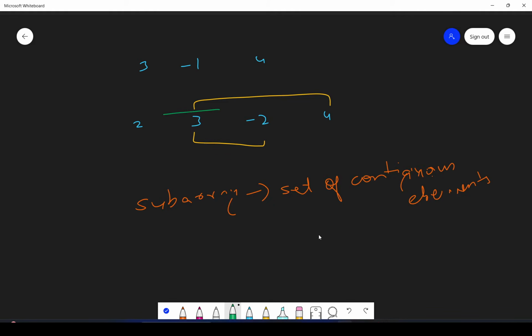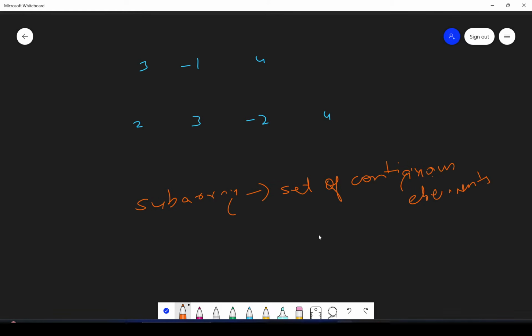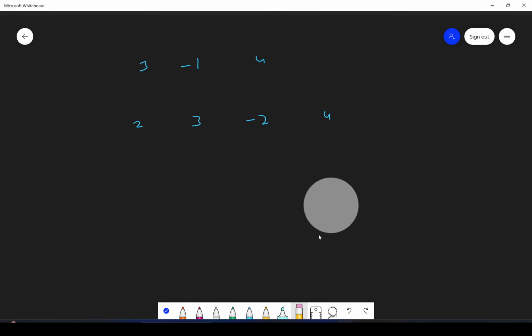But if you pick this, this and this, you cannot combine them together. So a subarray is elements which are contiguous, adjacent to each other. We have to find a subarray which has the maximum product. I hope you understood what the problem is.